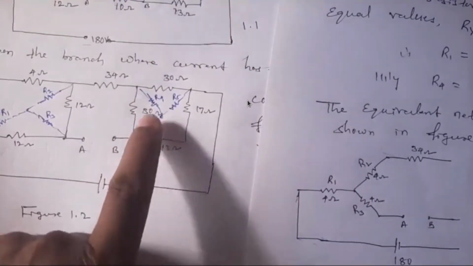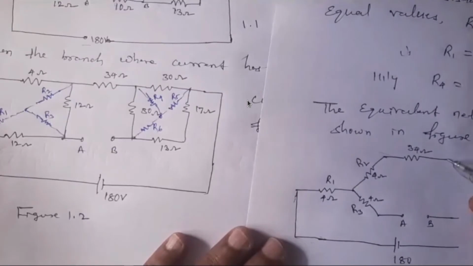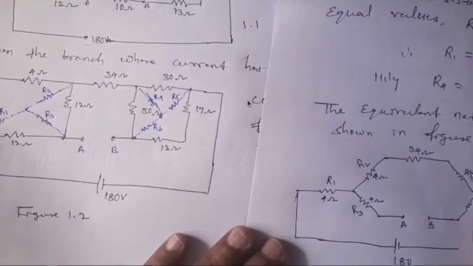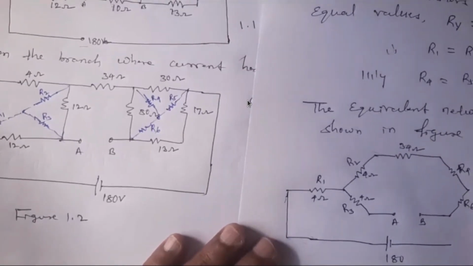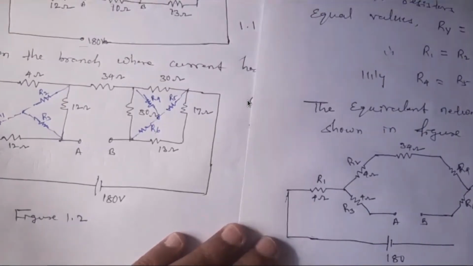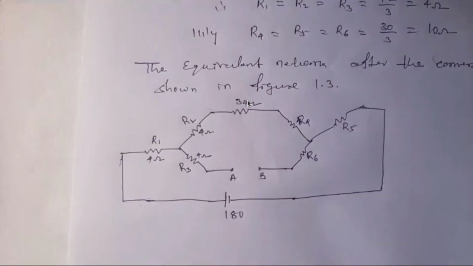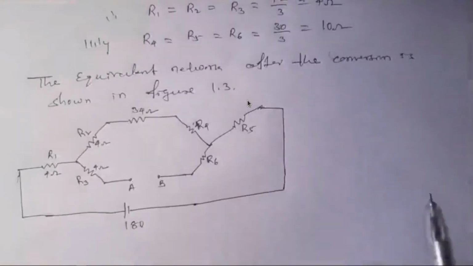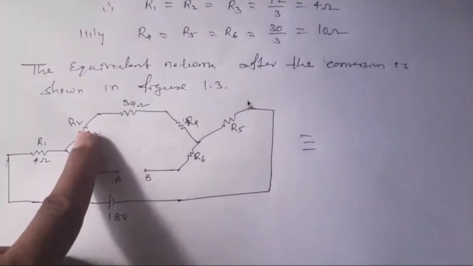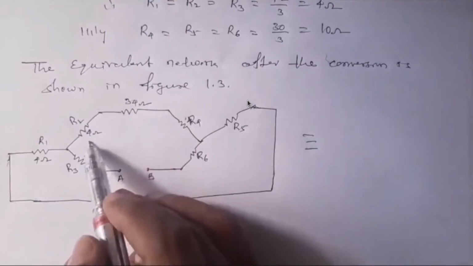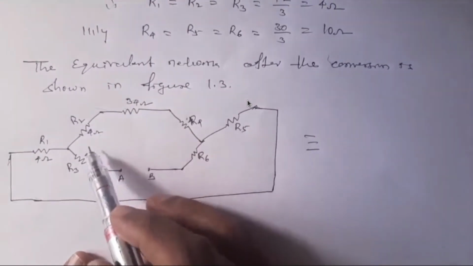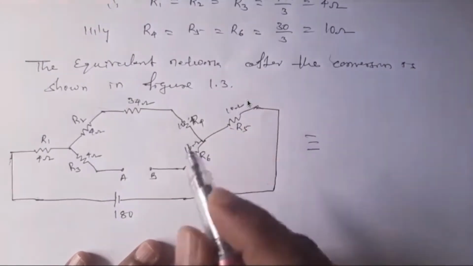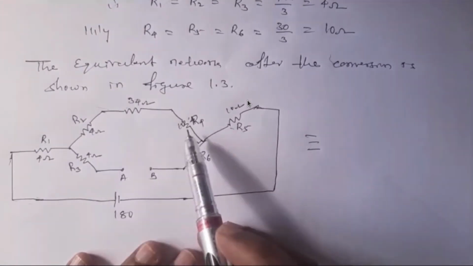Here this is removed, this is removed, and this is removed. And here you will get R4 and R6, one like this and another one like this. One is R4 and another one is R6, and R5 you have like this, and this is connected here. Now it is very simple, dear students. These three resistors are in series. So I can replace them: 30 plus 4, 34 plus 4 is 38, and these are 10 ohm, 10 ohm, 10 ohm. 38 plus 10 is 48.